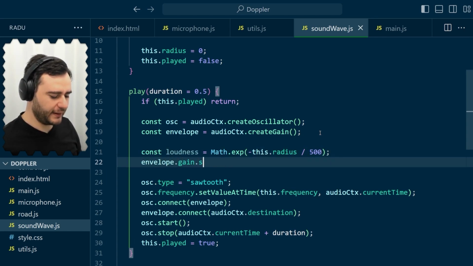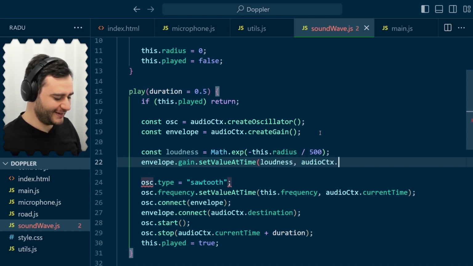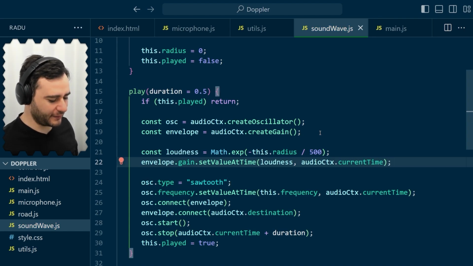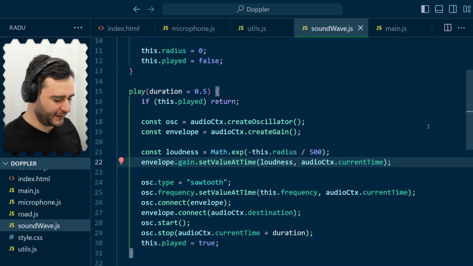And you can play with these values, see if you want the ambulance to be heard from further away, then you can increase this and see how that goes. But now, with this new gain in place,